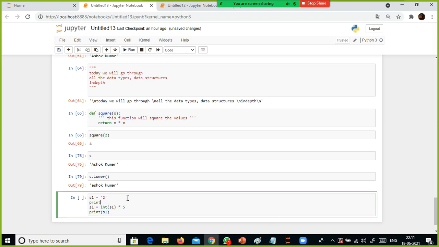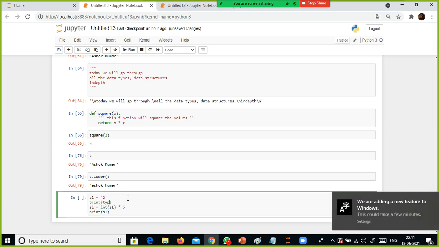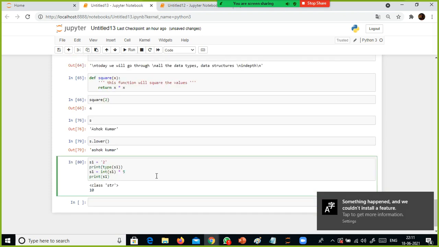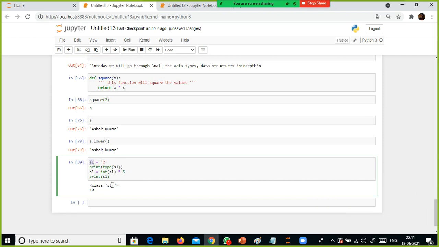I'll just show you the data type of s1. So what happened here? The type of s1 is a string data type. Though we assign the value 2 to s1, it is string data. Why? Because you did not assign the value just like that. You surrounded the value 2 by a quote, single quote or double quote.